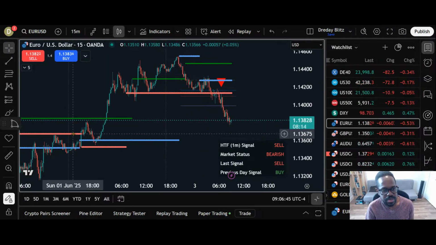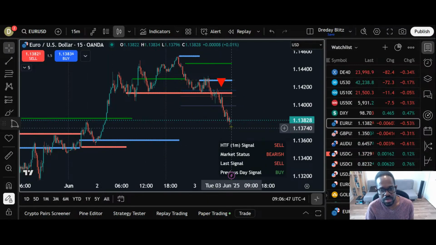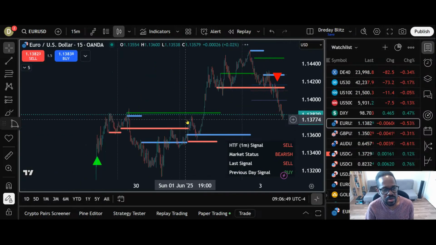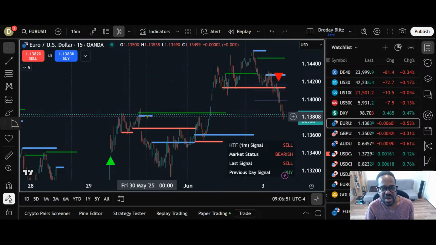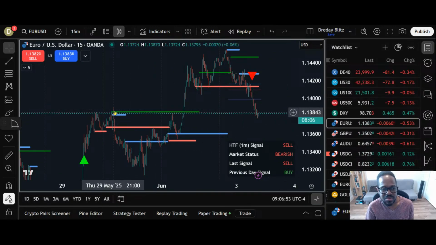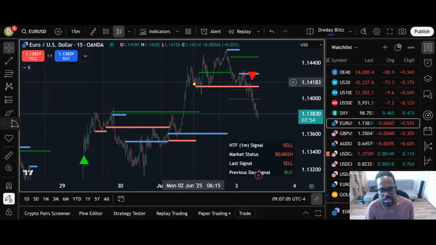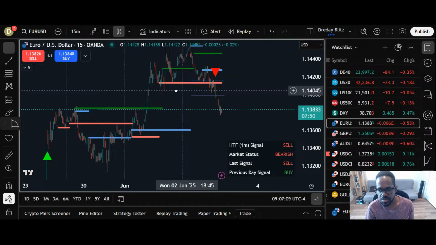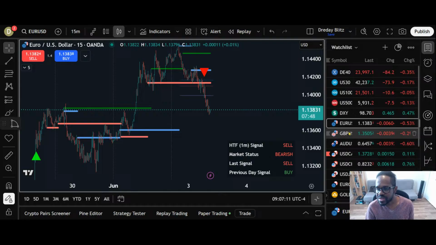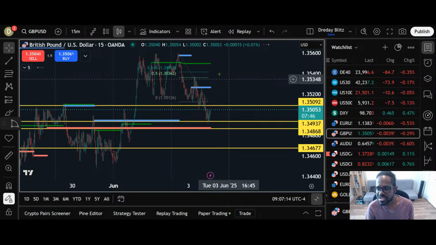Those will be the two zones that I would be looking for a bounce, unless the price is bouncing off of this region here. We do have a previous resistance on the current time frame, and we may have a continuation on the downside. I was expecting the price to fill out the fair value gap here, and that's exactly what it did. And if we go back on GU,